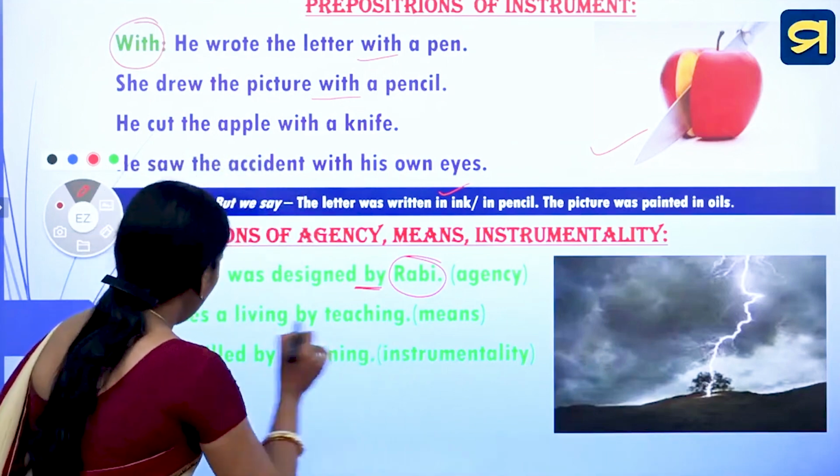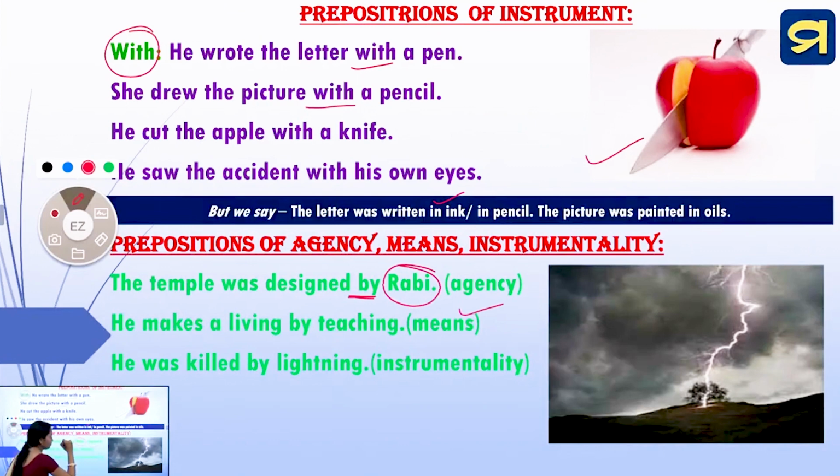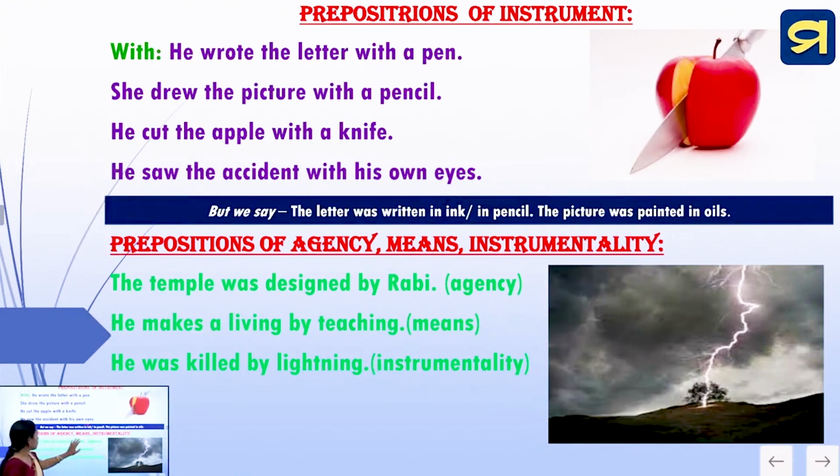So students, here it indicates the means. What is the means of his livelihood? Teaching. Here, his means of livelihood is teaching. Next, he was killed by lightning. You just see the picture. He was killed by lightning. So here, which is the instrumentality? Yes, lightning. Lightning is used as the instrumentality of the preposition. Okay. Next,